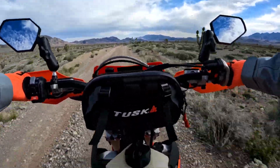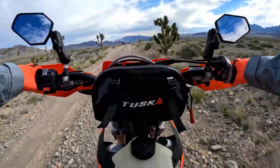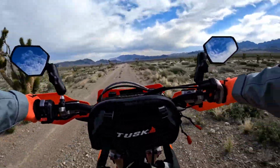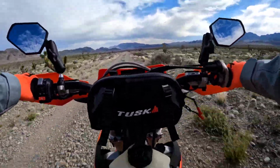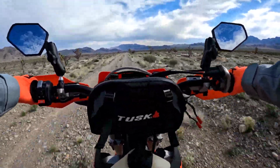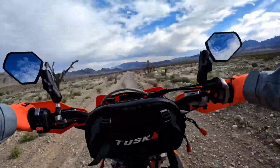So, you know, I haven't seen what this bike will do at full speed yet. I'll have to test that on a hard surface. But that was 88 miles per hour on hard pack, and I was getting some tire spin. So kind of a rip through the gears. My impression of how that feels is